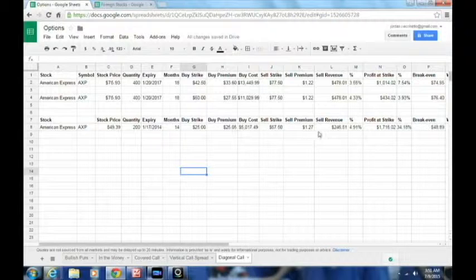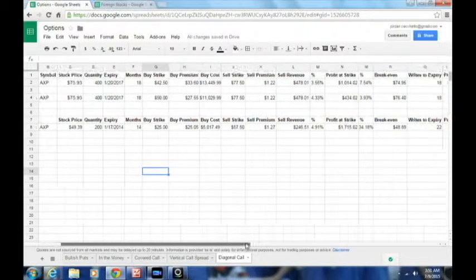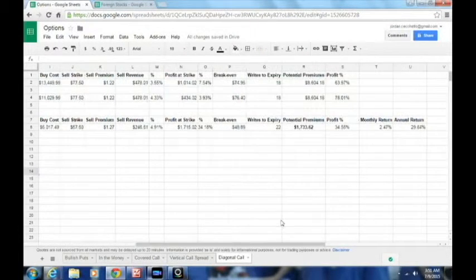And my initial revenue was $246.51. But then I kept selling month after month after month, collecting anywhere from $50 to a few $100s. At times, the stock went above the 57.50 strike price. So I had to buy back my call and then sell again the next month at 57.50 again. I kept doing that, kept around the same 57.50 strike price, and in the end made a profit of